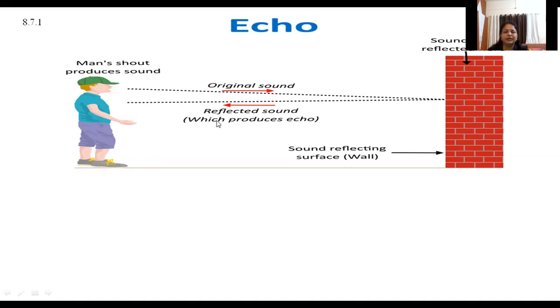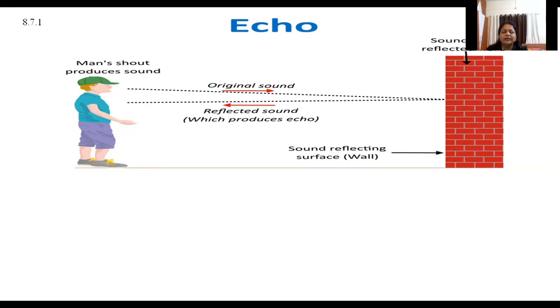आता इको येण्यासाठी मिनिमम 0.1 सेकंड, human ear can retain the voice for 0.1 second. म्हणजे आपण जेव्हा बोलतो त्यावेळेला 0.1 सेकंड पर्यंत आपला आवाज आपण रिटेन करून ठेवतो. 0.1 सेकंदापर्यंत लगेचच दुसरा आवाज आला तर आपण तो कॅच करू शकत नाही. So to form or to receive the echo, the time must be greater than 0.1 second.